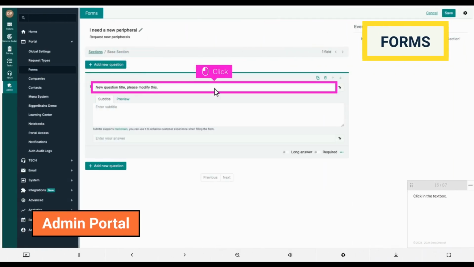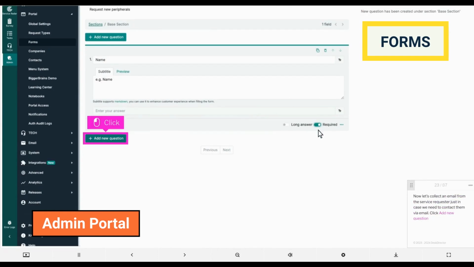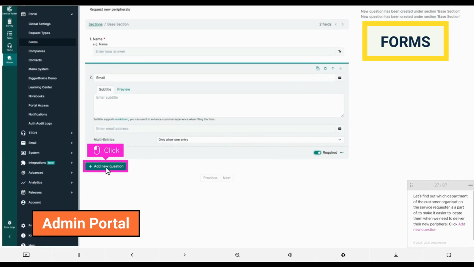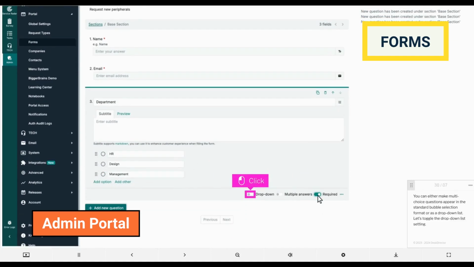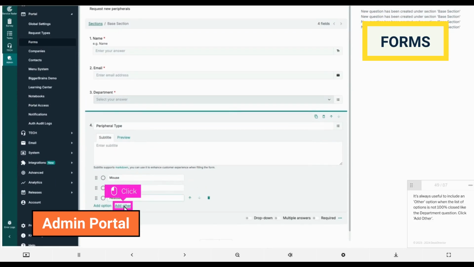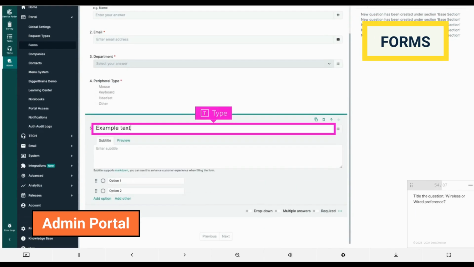DeskDirector forms make ticket management so much easier. This is a feature that is accessed through the admin portal. They allow the service organization to prepackage specific questions and attach them to certain preset types of service requests, so that when a service requester has one of the common issues preempted by the service organization and listed in the service catalog, they are asked all the relevant questions about that issue, without needing a tech agent present at the